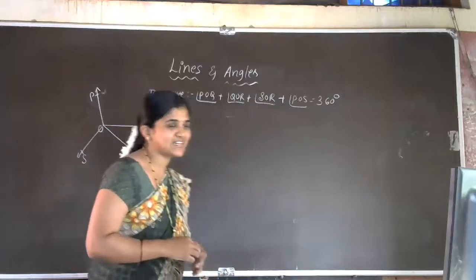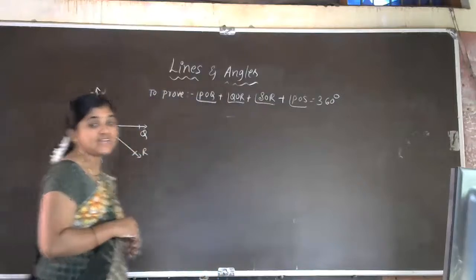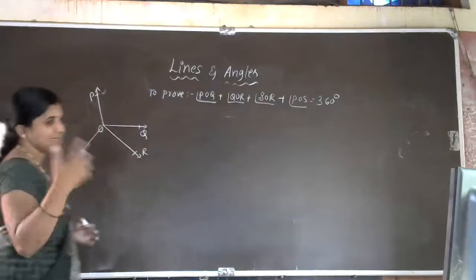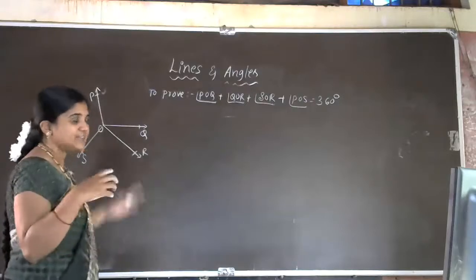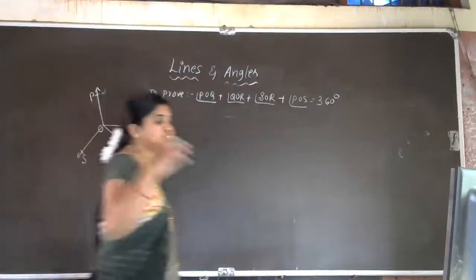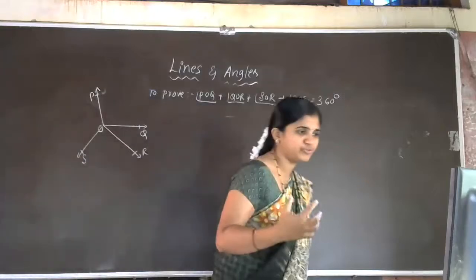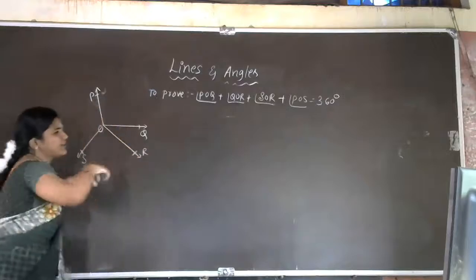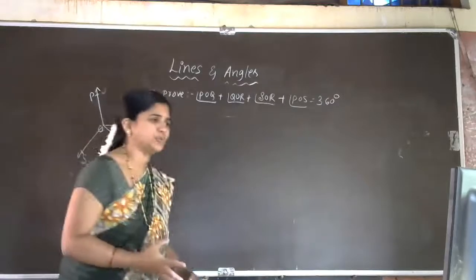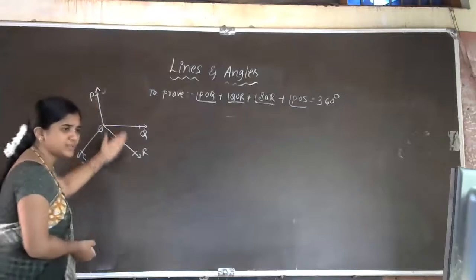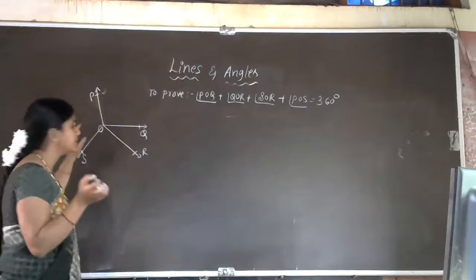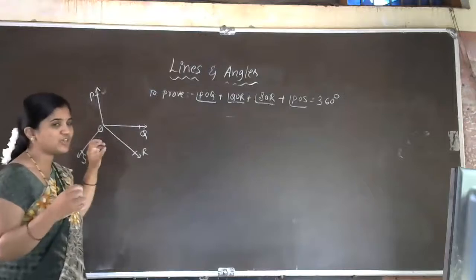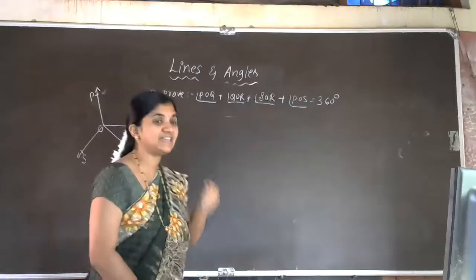Yes, construction. Swasti gave the answer: construction. Some students are sending the answer: construction. This diagram is not sufficient to reach our proof, because in this diagram we will not get any property at all, because here there are only 4 rays. If we need a property, we need a straight line.